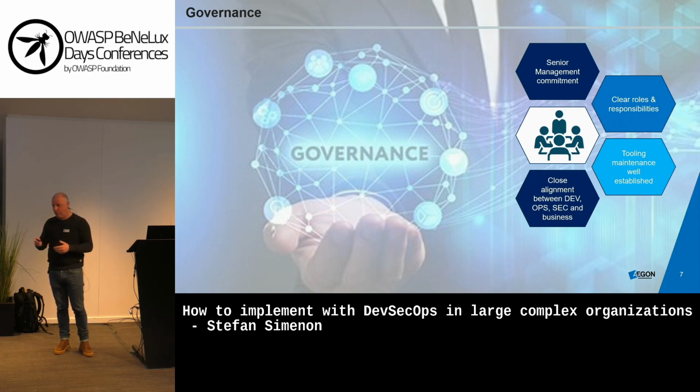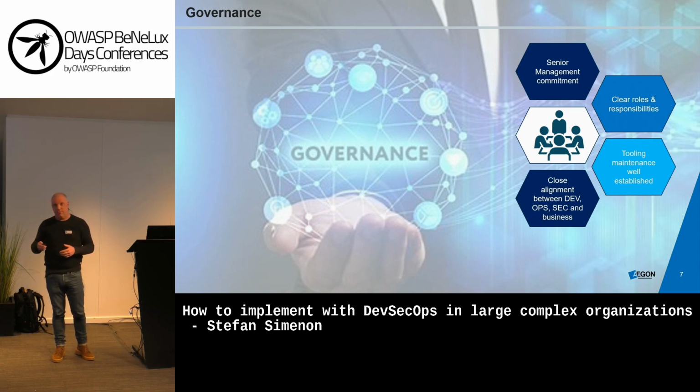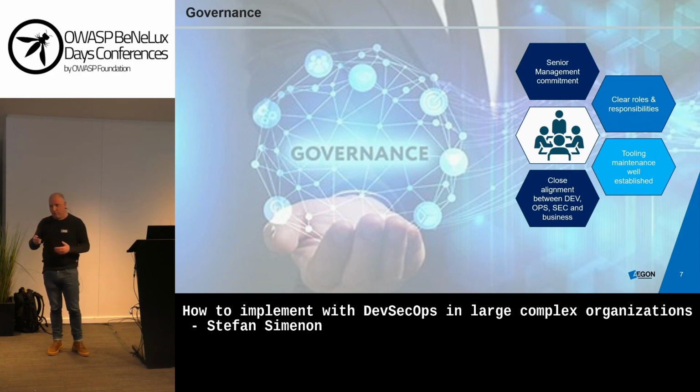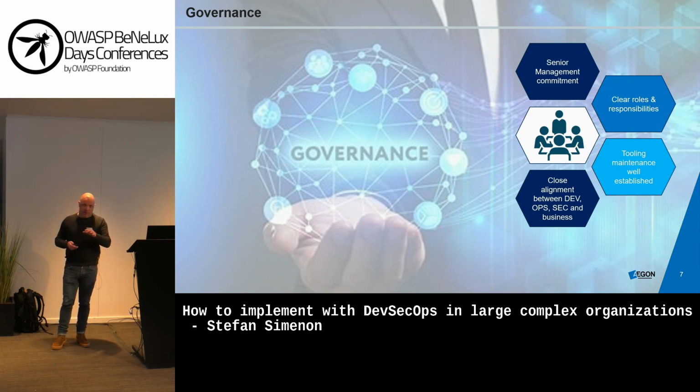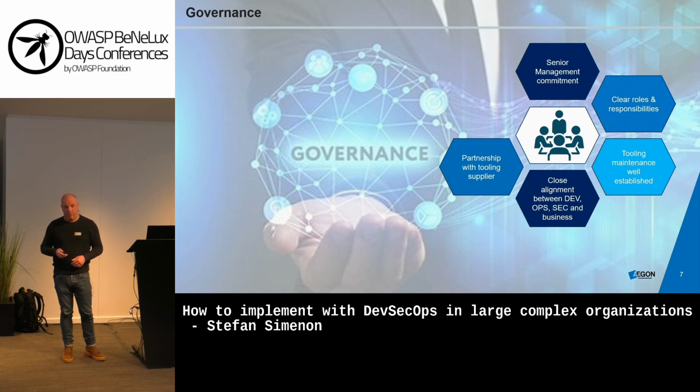The product owners are often from the business. So the business needs to be aware of the risks. They need to be aware of the issues that need to be fixed. There are critical issues which take 1 minute to fix, but there are also issues which take weeks or months to fix, and even issues which require a whole refactoring or a new build of applications. Then it's very important to align with the business and to include them in the decision making and in discussing the way forward.